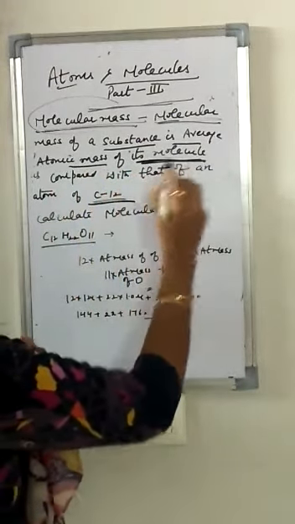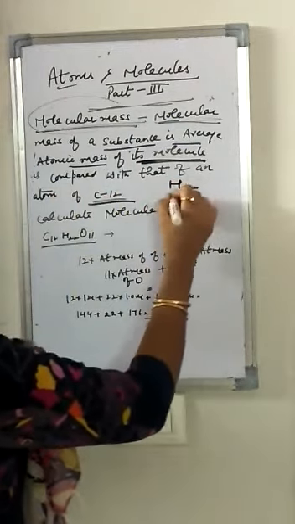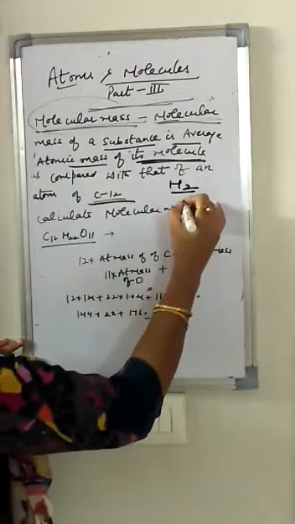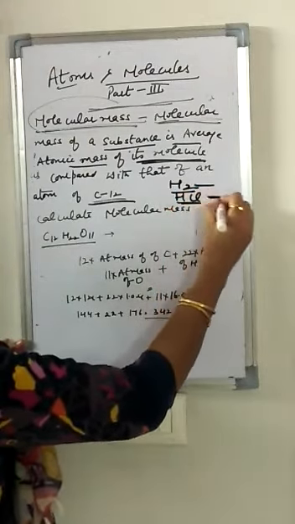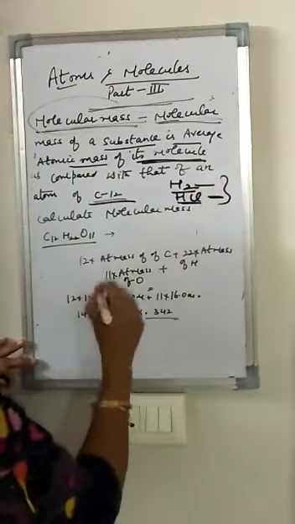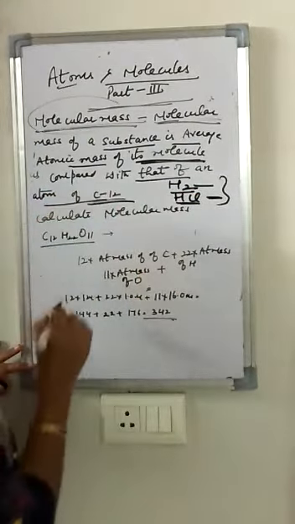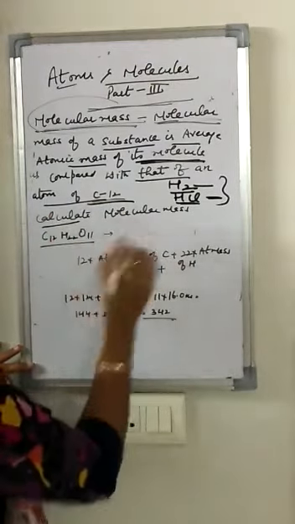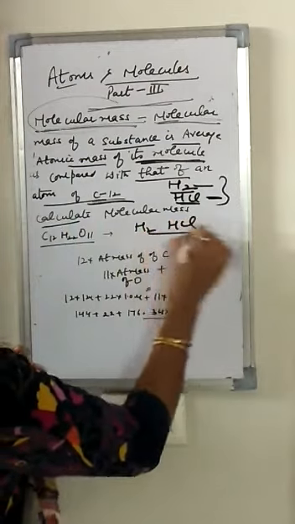You must know we have done the molecule of an element and molecule of a compound. This is H2, a molecule of an element, and HCl is a molecule of a compound. This is homoatomic and this is heteroatomic. Recall the previous things. As compared to that of an atom of carbon-12. So, there are homoatomic molecules and heteroatomic molecules also.